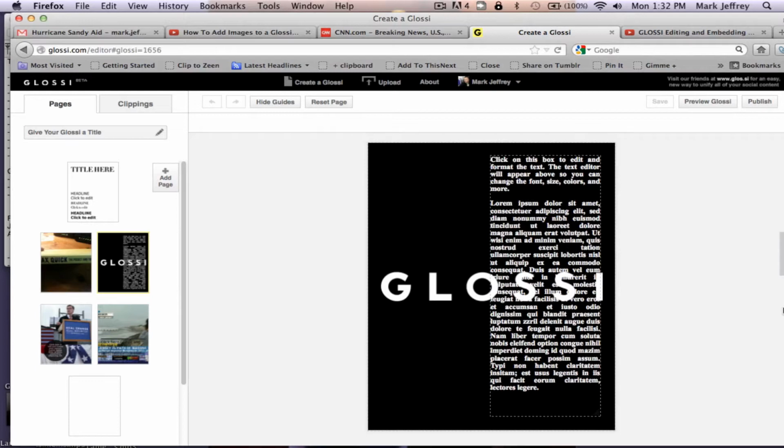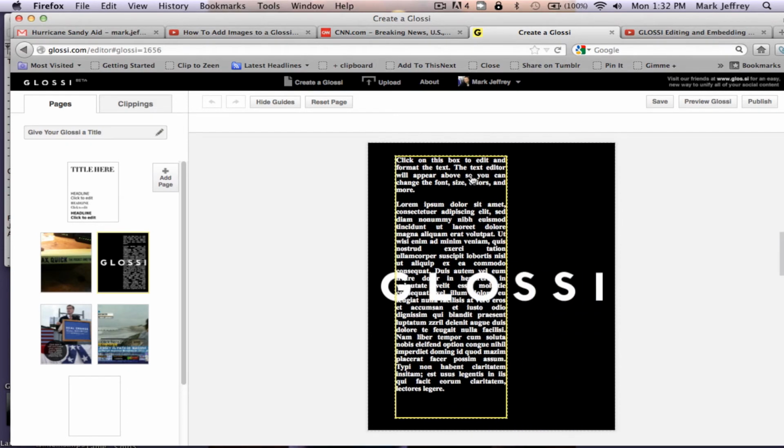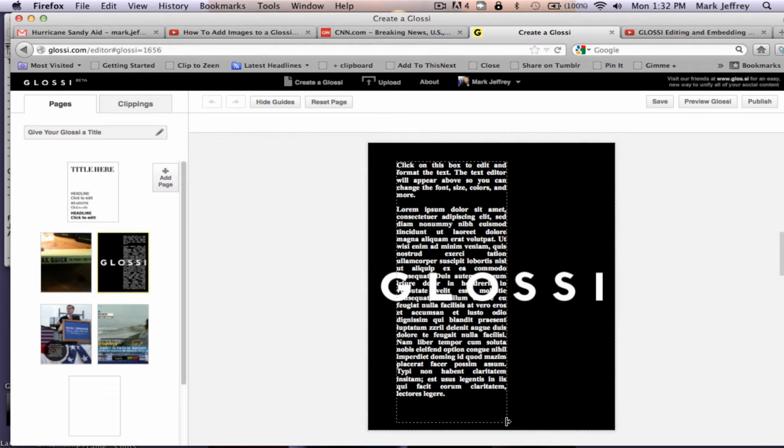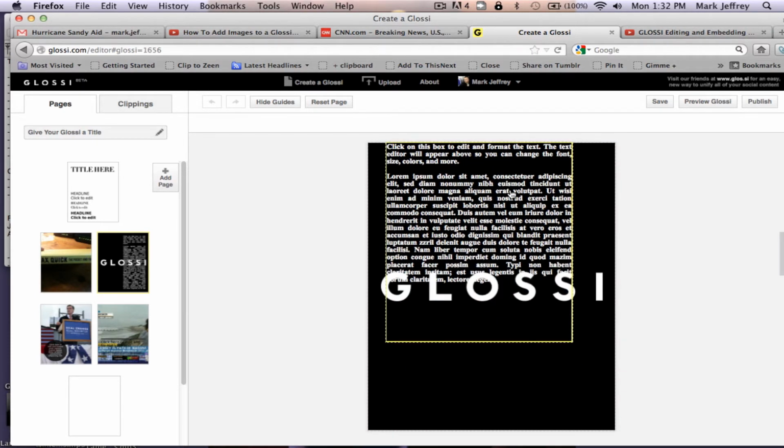Okay, so now we're going to talk a little bit about text and text management. As you can see here, this is a text box, and notice I can just grab it and move it around. That's something that's probably not obvious right away to you. I can also squash it up. I can make it a little bit bigger horizontally and vertically and all that stuff, and actually cover up the